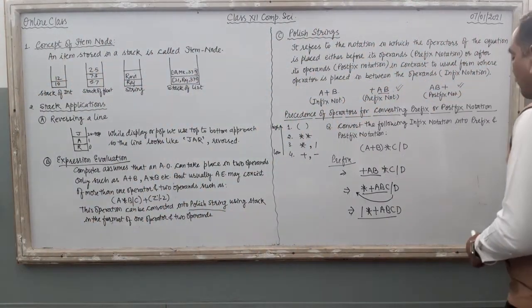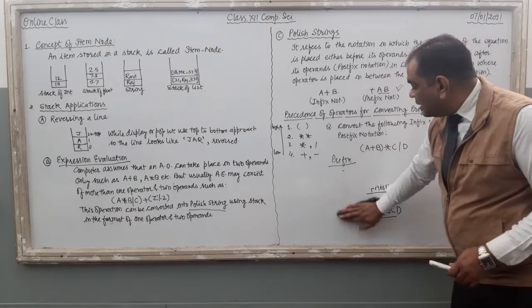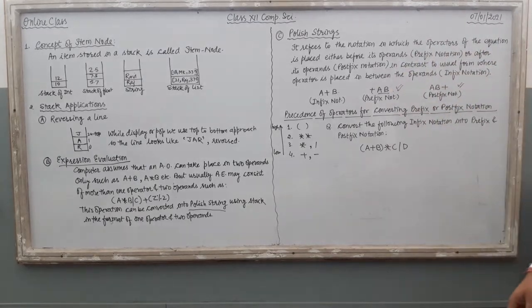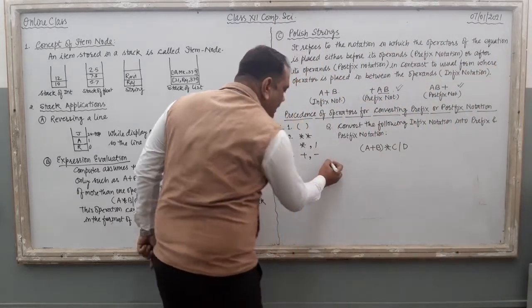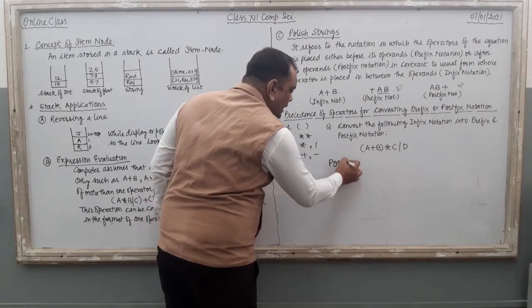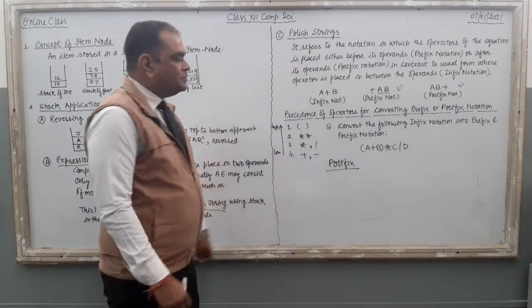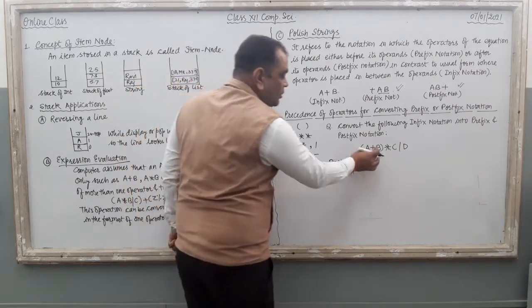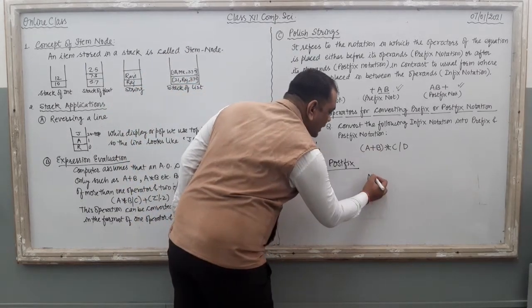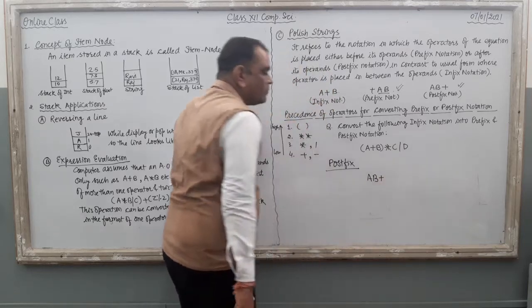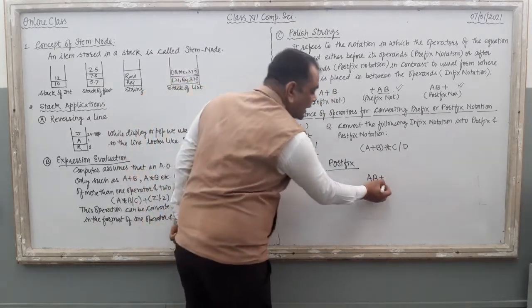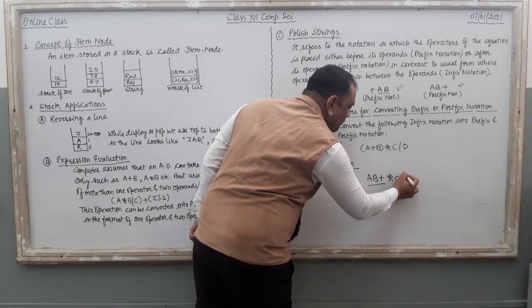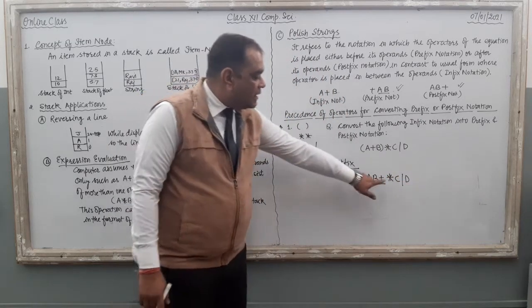Now we are going to convert the same equation into its postfix notation. What is postfix notation? Put the operators at the back. According to the precedence level, we have to solve this bracket very first. When you solve this bracket, it looks like this: A, B, then plus. Then lock it. After that, multiply C upon D. Now the next level is this one.